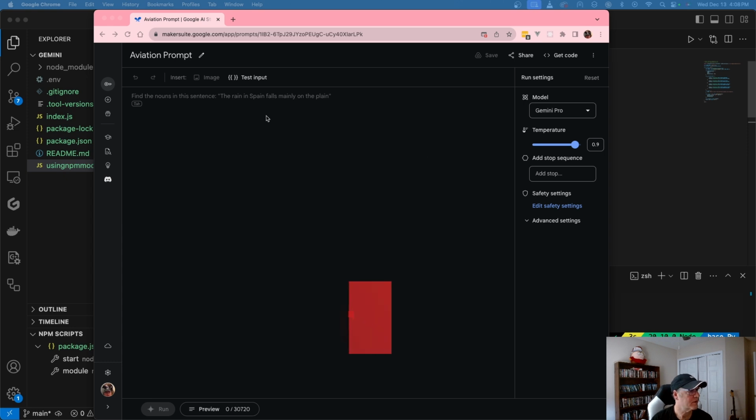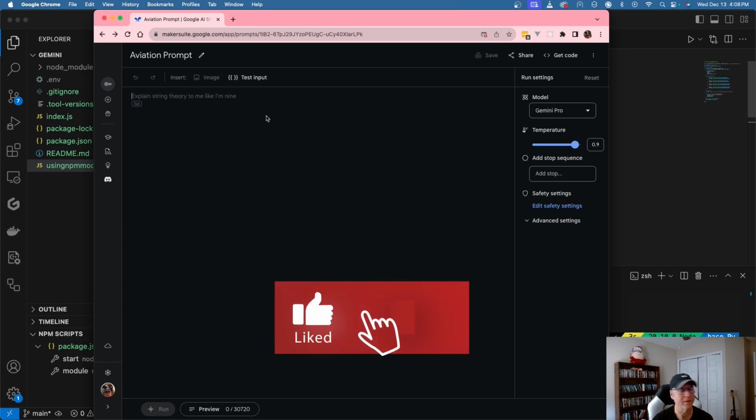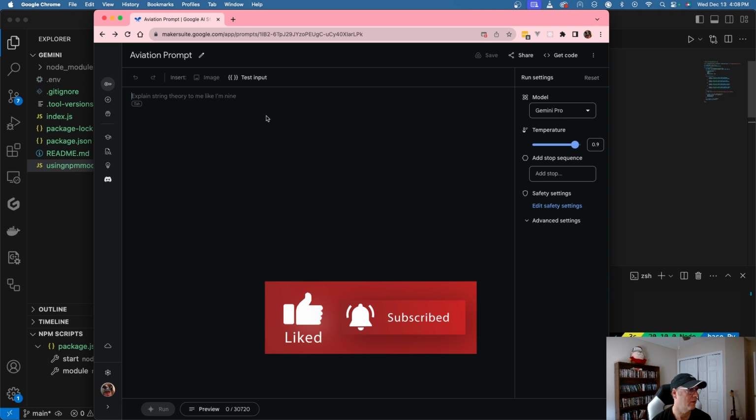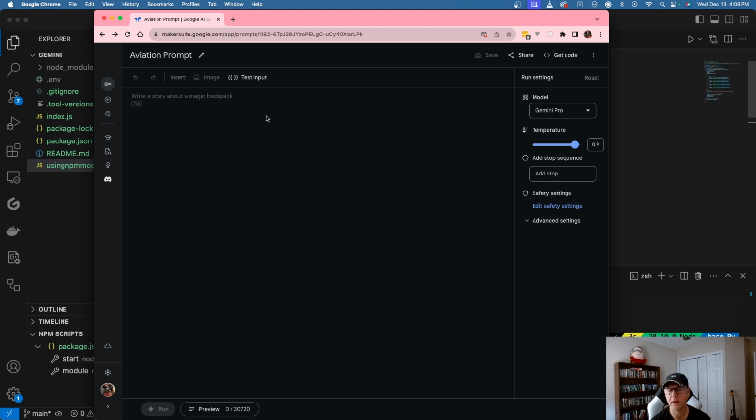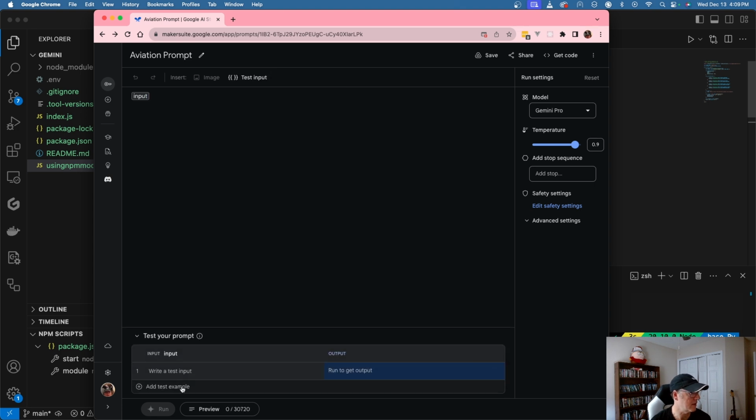So one of the things that's neat about this is they have something that's, I think it's just called, their AI Studio. So this is the Google AI Studio, and you can come right over here and you can start typing stuff in. So for instance, you can set test input, and I can say, let me get rid of one of those. I can say right here,